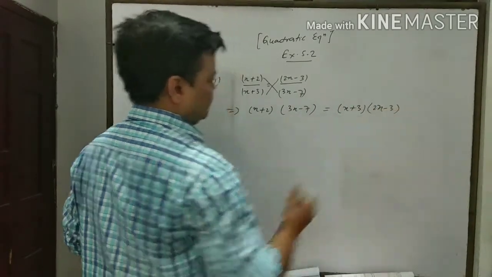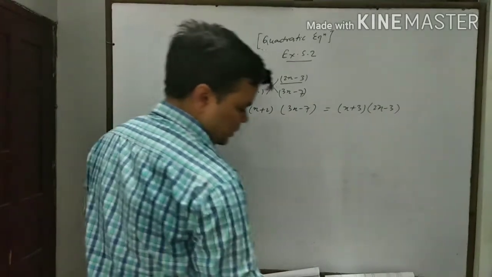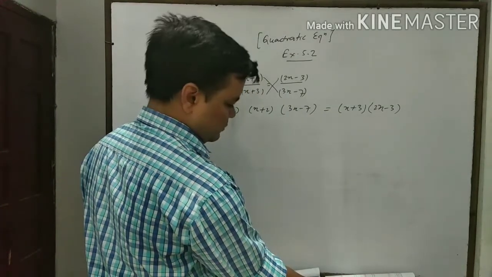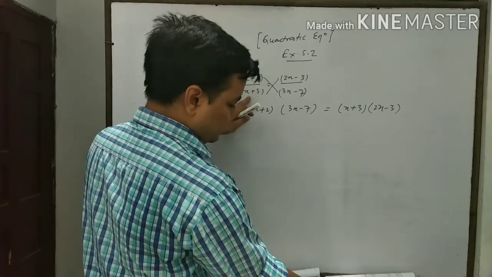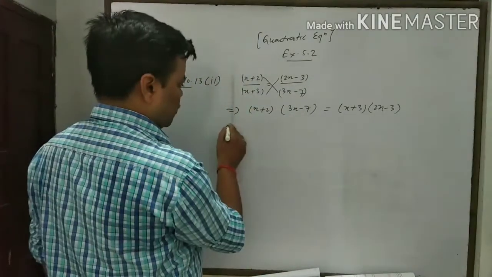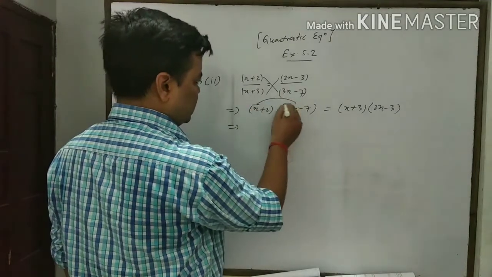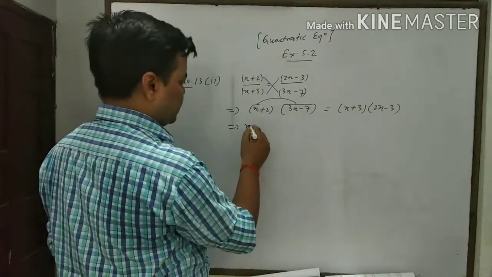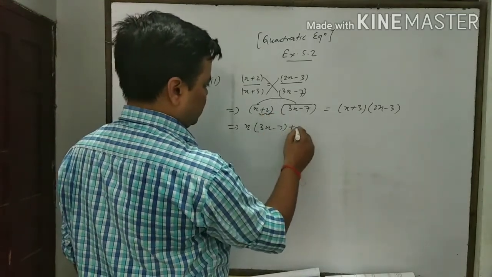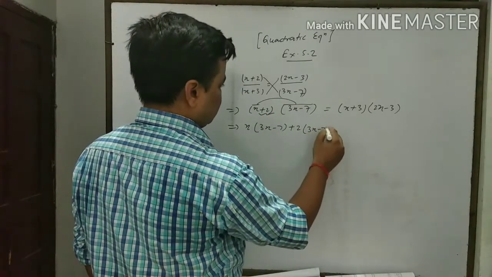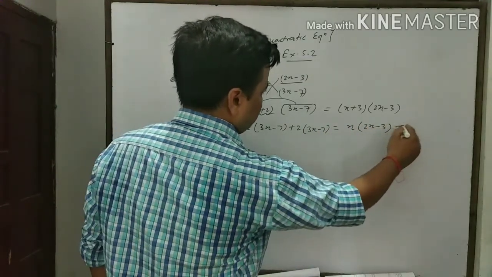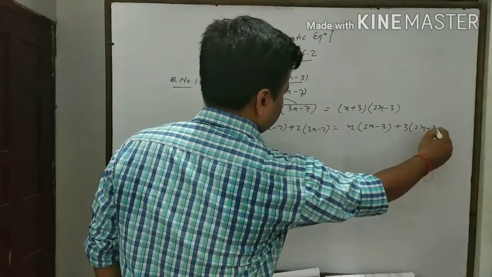Here (2x minus 7). Okay, let us see if the question is correct. (x plus 2) upon (x plus 3) is equal to (2x minus 3) upon (3x minus 7). Now how do we multiply it? Take this and multiply this out. It means here x into (3x minus 7), then this one plus 2 into (3x minus 7) is equal to here x into (2x minus 3) plus 3 into (2x minus 3)